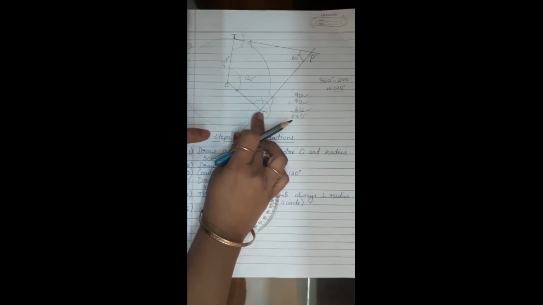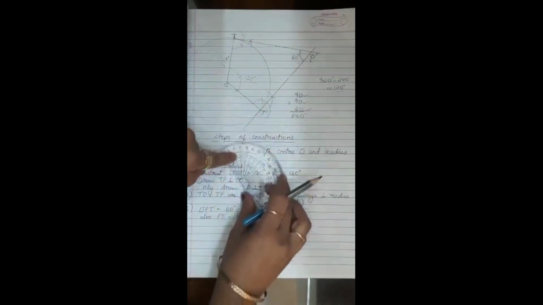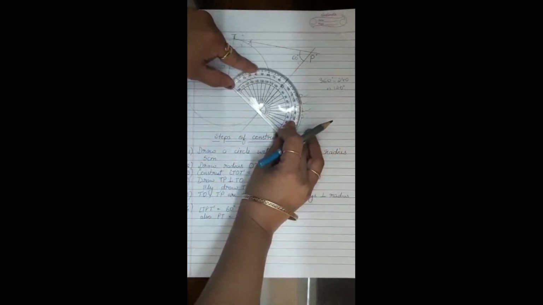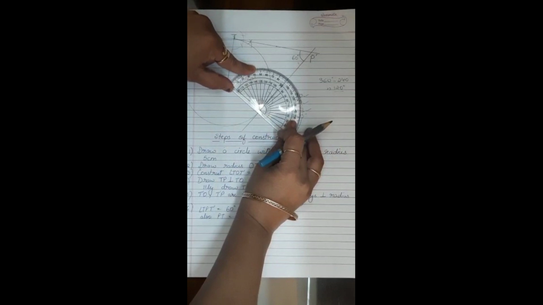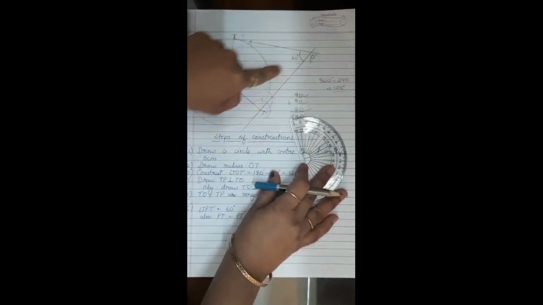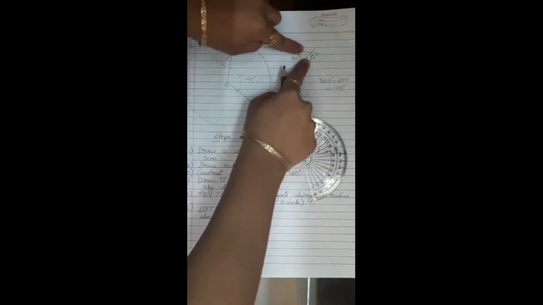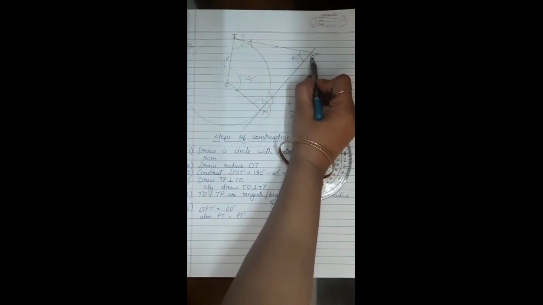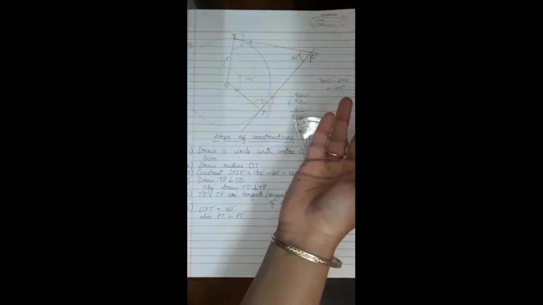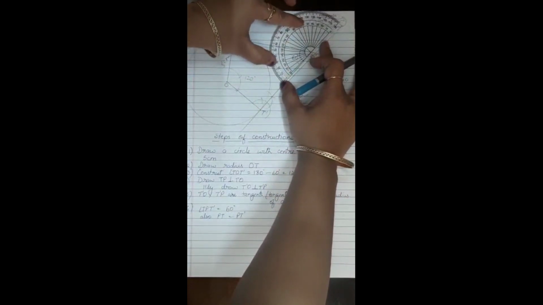Now at this point we know we have to make another tangent which is perpendicular to it. So what I have done at this point, I have again made a 90 degree angle. I have made a line which is 90 degrees to this point. Now I have extended these two lines and the point of meeting I have named as point P. And to check your answer, you will check by measuring